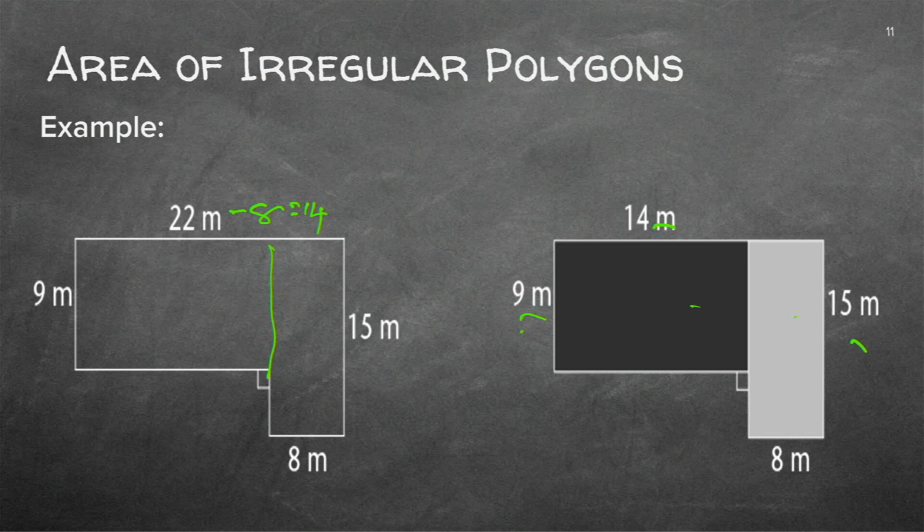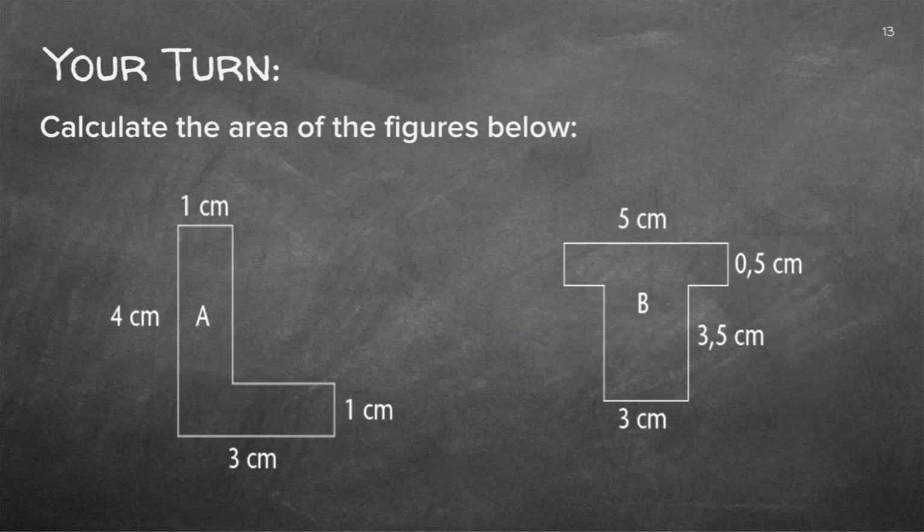Do you think you're ready to try this? Okay, let's do these two. The first one, again, you can decide how you want to. You've got more than one option with this one. You can cut it here or you can cut it there, but let's say we do that, right? So we've got 2 rectangles. And we know this is 1 centimeter, so 4 minus 1 is 3. So we've got 3 centimeters, 3 times 1 plus 3 times 1. So we've got 3 plus 3, so it equals 6 centimeter square.